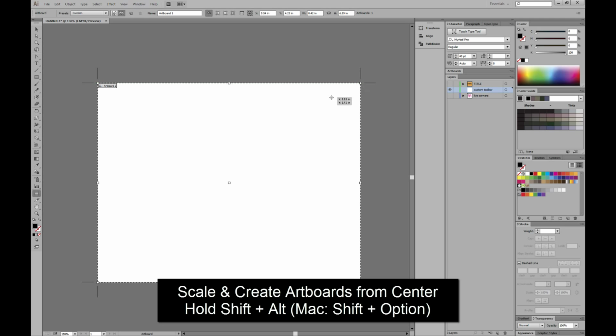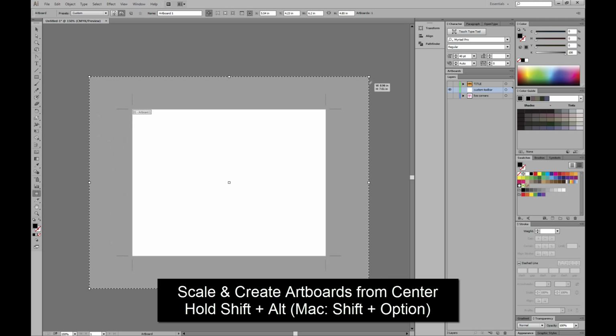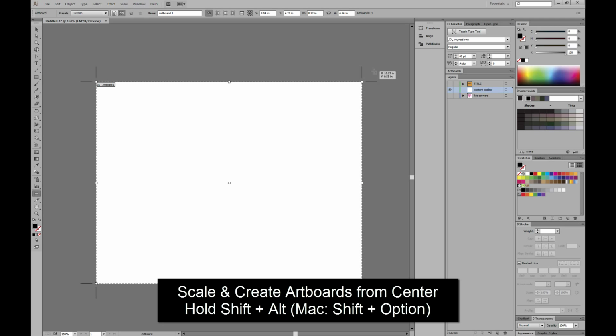when you're creating artboards. Now the trick to this is on your keyboard you're going to have to hold Shift and Alt, or on a Mac you'd be holding Shift and Option, and this works for a lot of other tools, believe it or not, like the rectangle tools and the other tools. If you hold Shift and Alt, a lot of the time you're going to be able to scale stuff from the center with a lot of these Adobe products, and that's a very helpful tip to carry on to other